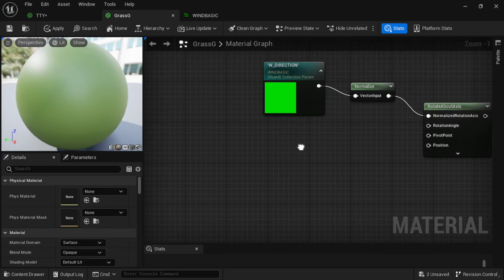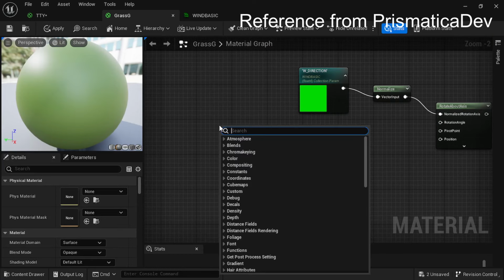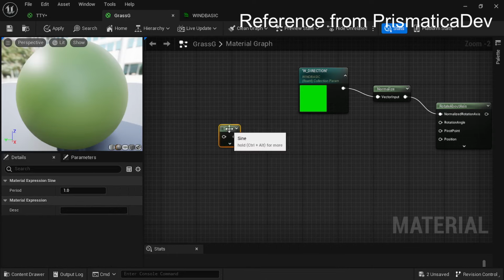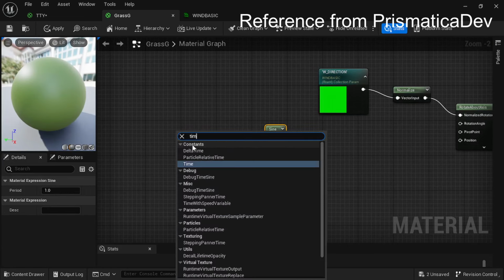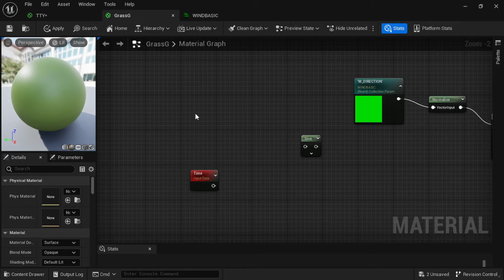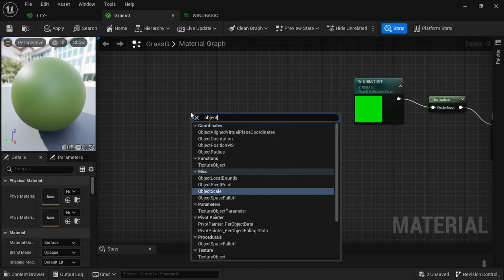Alright, now for the rotation angle I'm going to use the sine node. So right click, add sine, and I'm also going to use a time node. So right click and add time, and now I'm going to use the object pivot point. So right click and object pivot point,